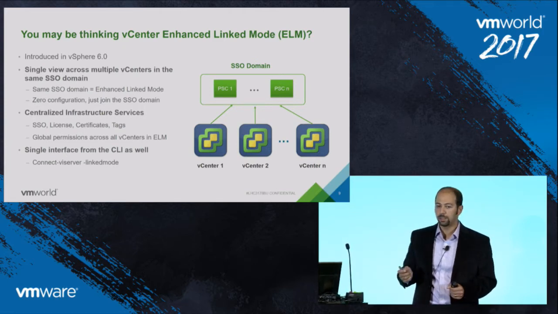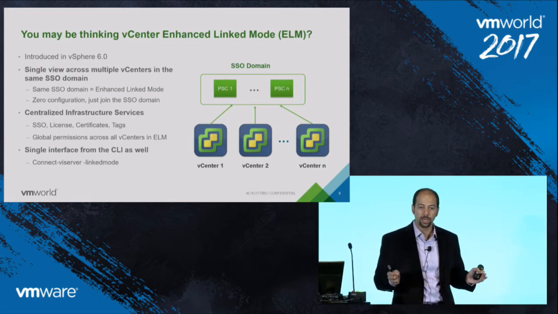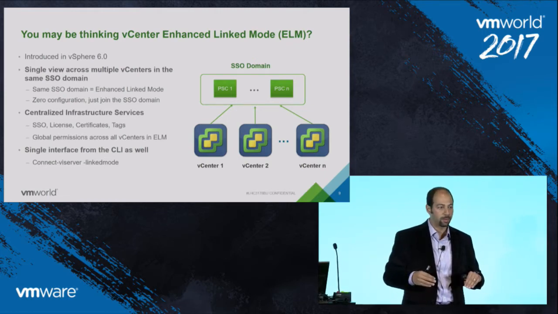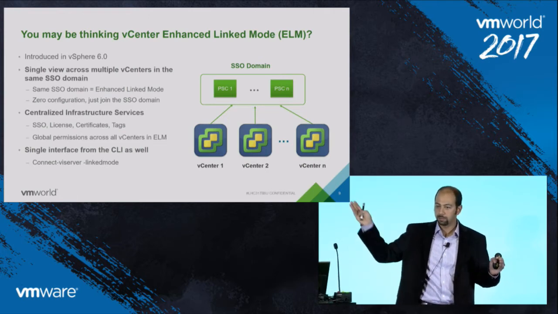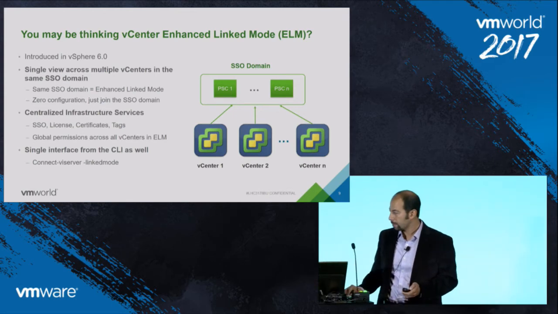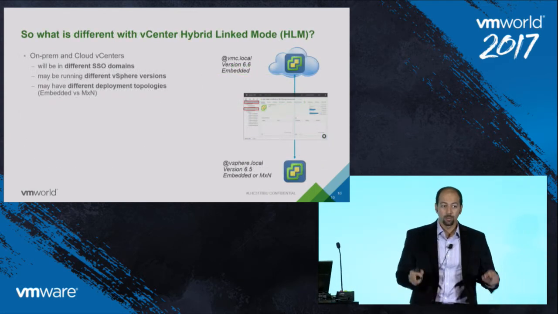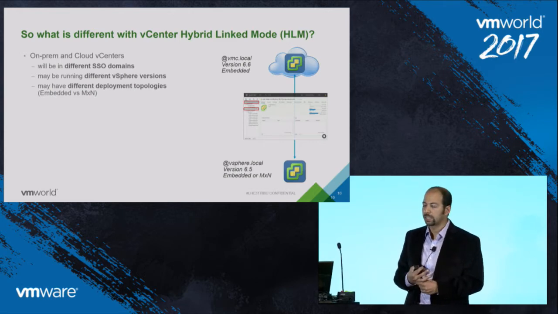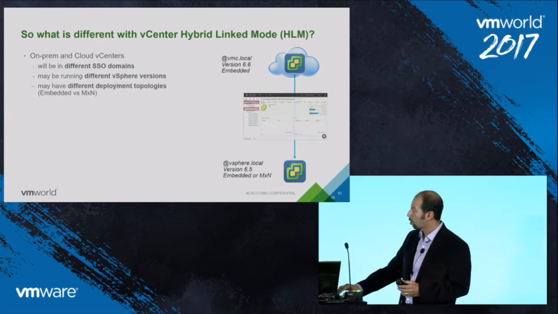So you could think that, for VMware, it could have been a very simple problem to solve, hybrid cloud management. Just establish enhanced link mode between that vCenter on-premise, a vCenter in the cloud, get single sign-on, sharing all of that information, and I get that unified management solution. But the reality is it's a much bigger challenge and problem than that, which actually got us to develop that new technology that we reference as a hybrid link mode